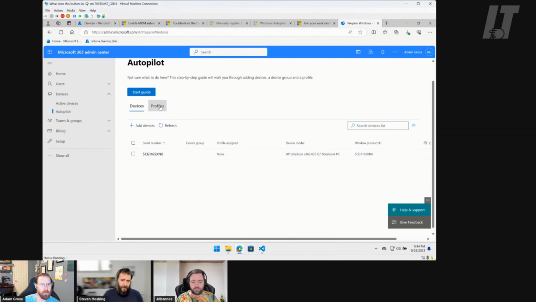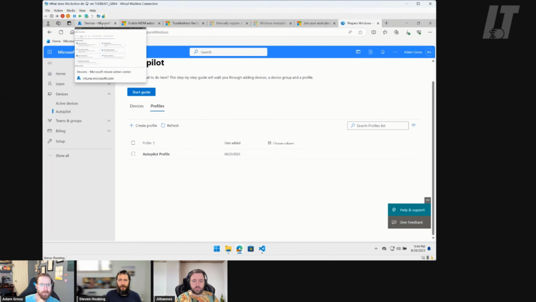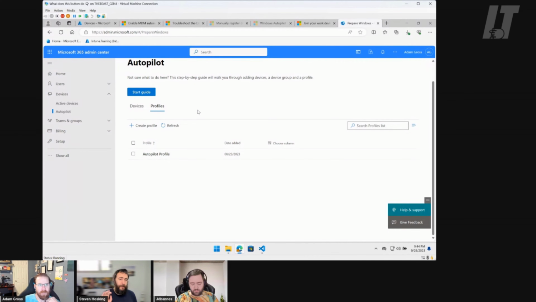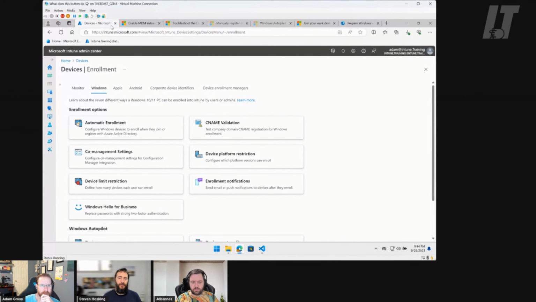So that device is one that I've already imported for a future demo. Okay. And the Autopilot profile is a default one that must have been created when we created the tenant. Interesting. So I just wanted to call that out. So don't use this anymore. Yeah, probably. It's the same as what we had with the Store for Business configuration. You had the ability to not have to use Intune. Cool. We're using Intune because it does a whole heap of additional controls than what you can do in that